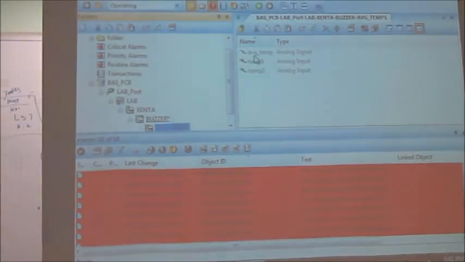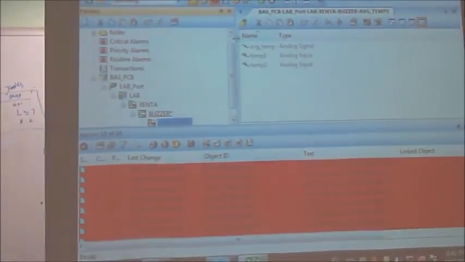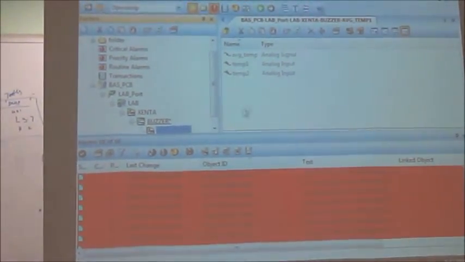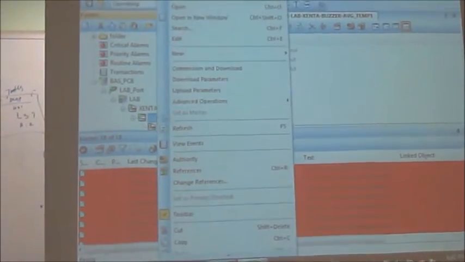So the average temperature is here, temperature 1, temperature 2 is also there. Correct? Then you should have a reading. You can just right click. I don't know if you can download or not, because some modules I have just keyed in now. It will give me some errors. Let's try.